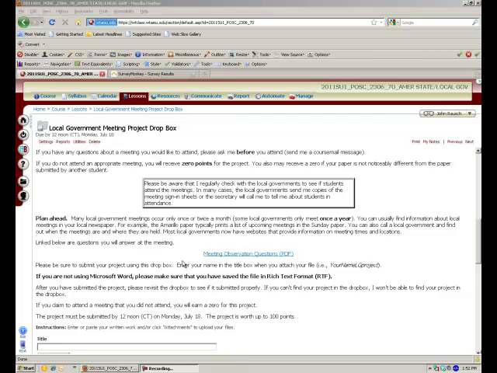If you're not using Microsoft Word, you want to save it in rich text format, and I can show you how to do that. If you're not familiar with rich text format, every word processing program has a save as feature. You're probably just used to doing a save, but if you do a save as, you can save it then in rich text format. After you've submitted the project, what you want to do is go back maybe in an hour or 2 hours and come back into this Dropbox here. You'll be